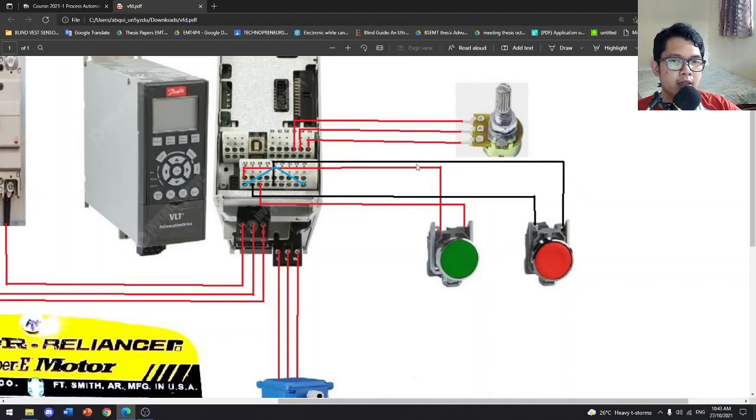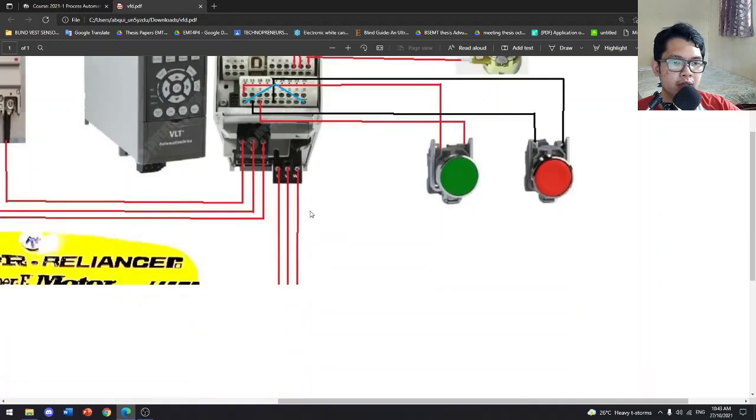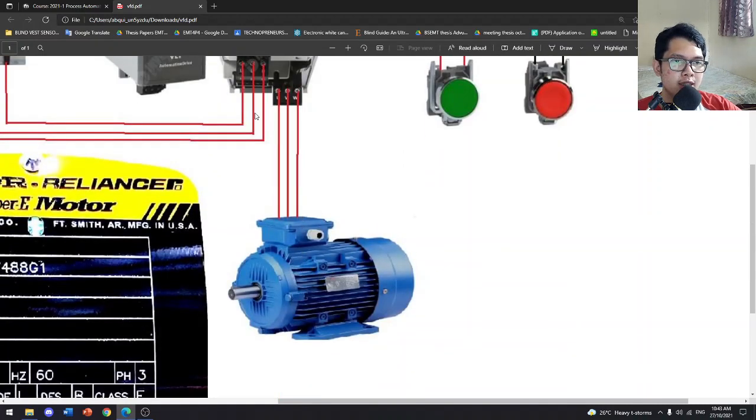Okay, then to our potentiometer, I also connect these lines into terminals 53, 54, and 55. Then lastly, in our three-phase electrical motor, I also connect these lines T1, T2, and T3.